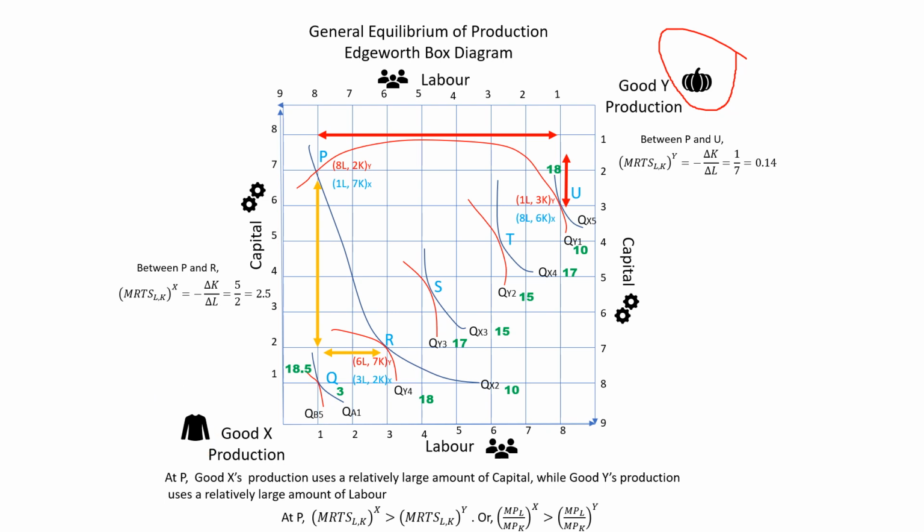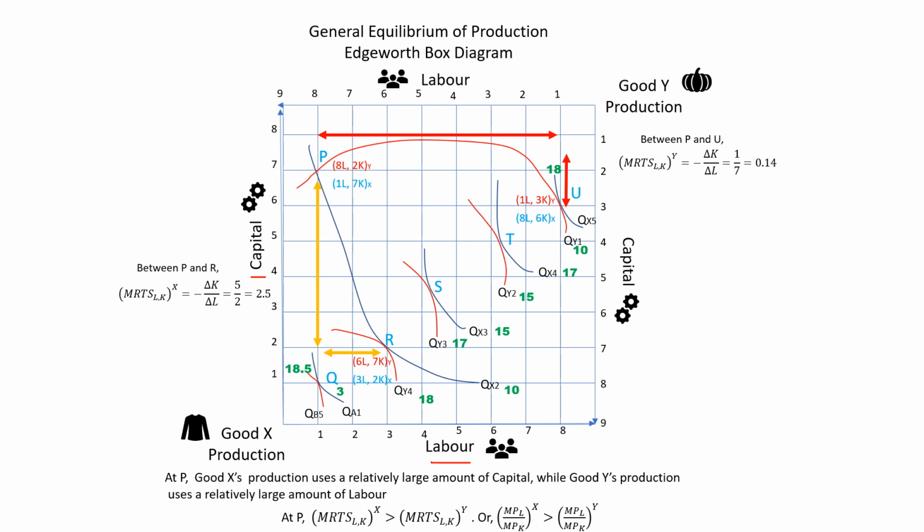Now the two inputs that we consider with regard to the production of any given output are going to be labor and capital. So the question is how much labor and how much capital is used in the production of clothing, and how much labor and how much capital is going to be used in the